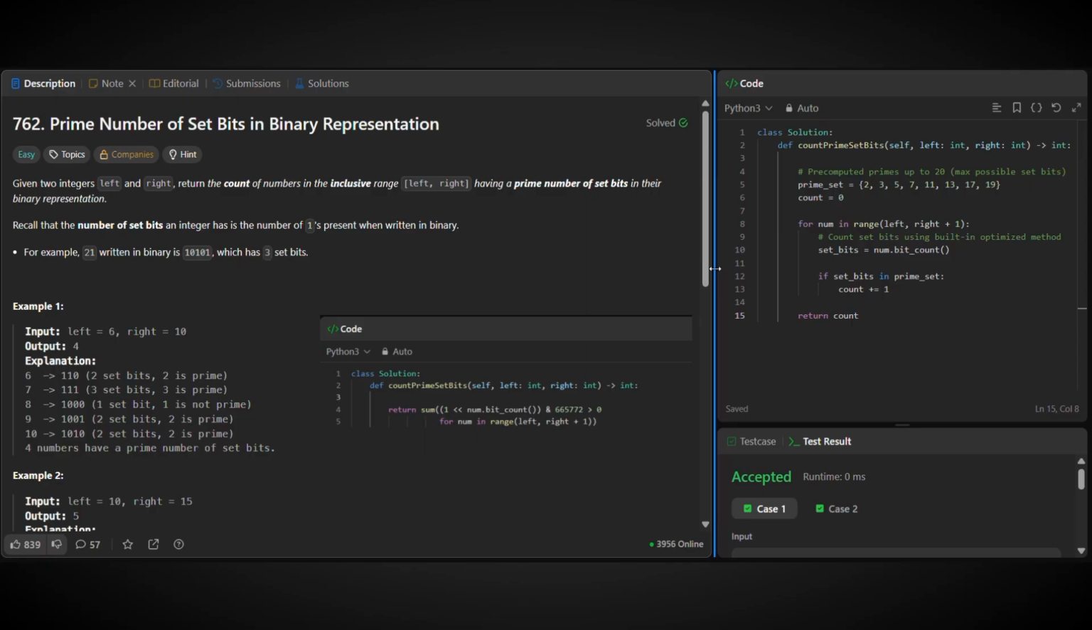Clean, fast, interview dominant. That number, 665772, is just a bit mask with prime positions turned on. Competitive programming level. Unlocked. If an interviewer asks why this works, you say,